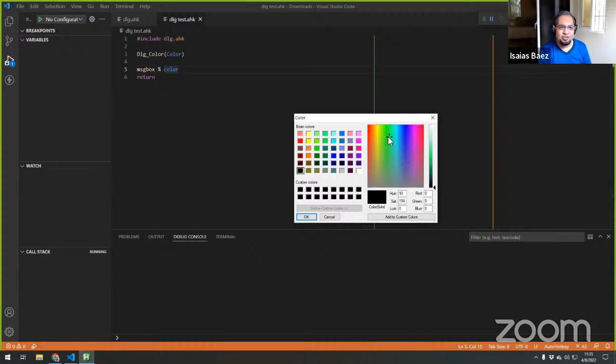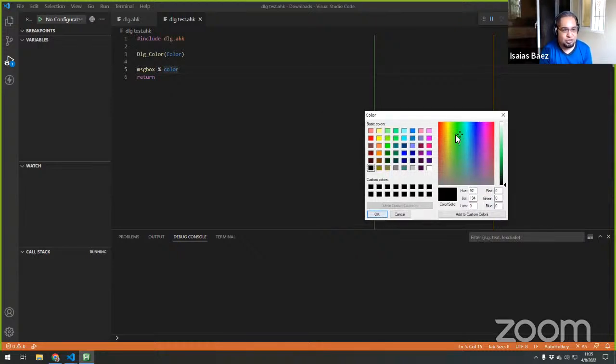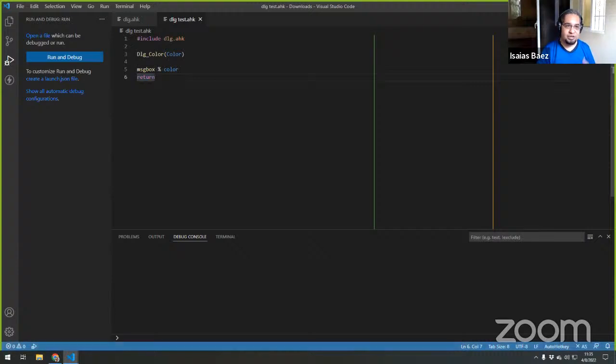I said, why didn't you use the original dialog? And he didn't know that he had access to that. So I think this is a very interesting tool: you pick whatever color it is, and then you hit OK, and now you have the color value. It is a very good library for not having to create those controls yourself.